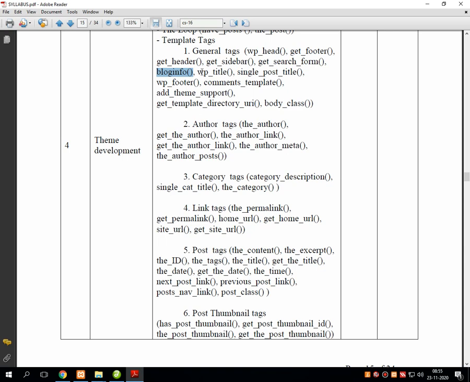The first tag is wp_title. Now whenever you find this prefix called WP, it means WordPress, but in short it is known as WP. Right now we are discussing wp_title.